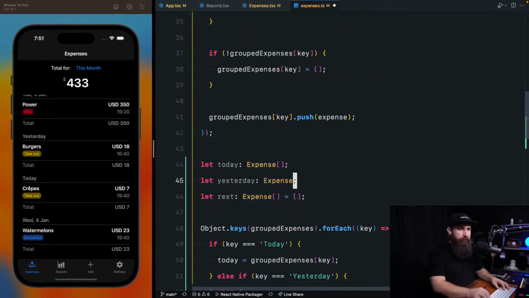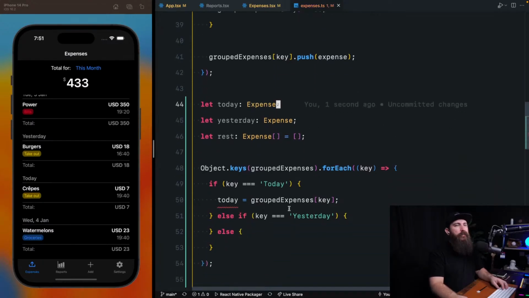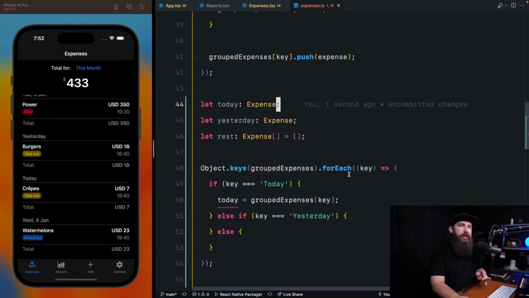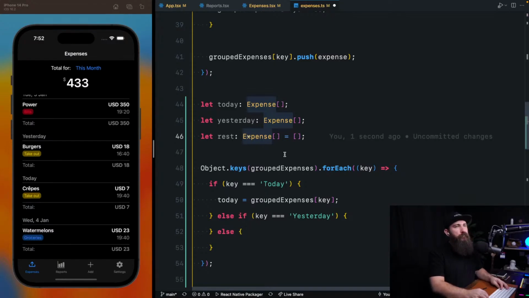But why though? An array of expenses. Exactly. All right. And in this case, the rest is going to be